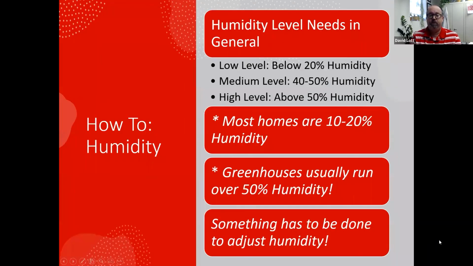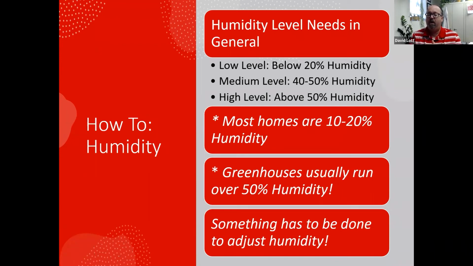Okay. Humidity. This is a big one, especially out in western Nebraska where it was already dry to begin with. We were already below 20% humidity, and now we turned on our furnaces to beat the cold. So we're down in the single digits. It's extremely dry. And we put a poor tropical house plant in that came right out of a nursery. What a shock it's going to feel.